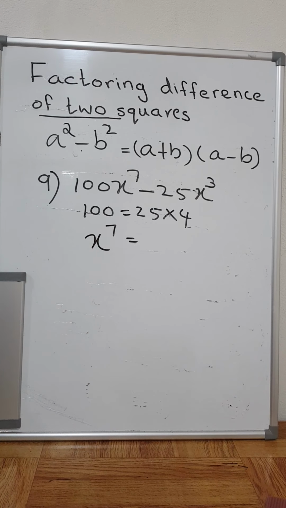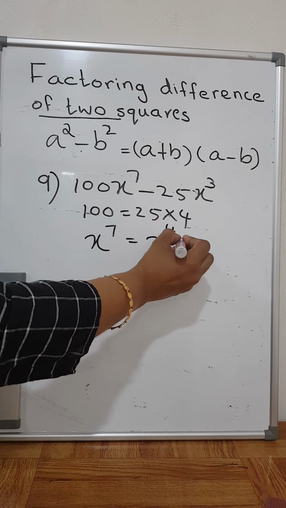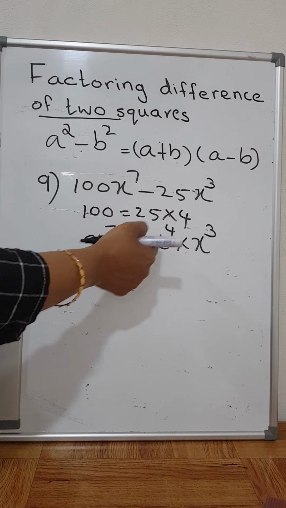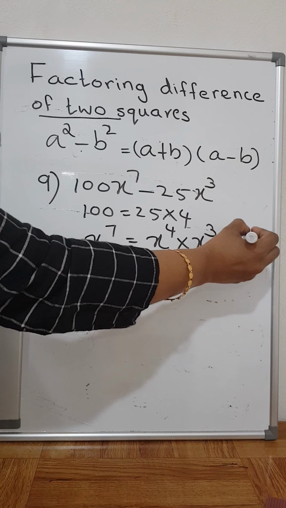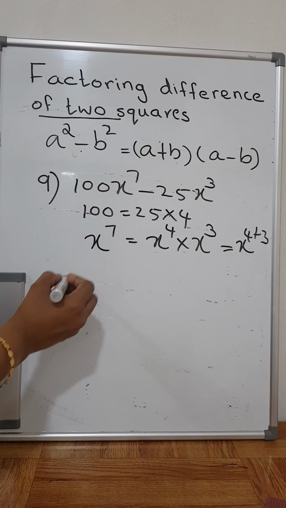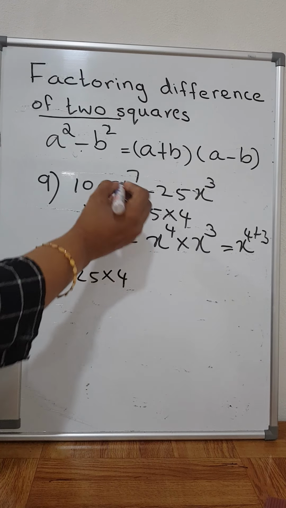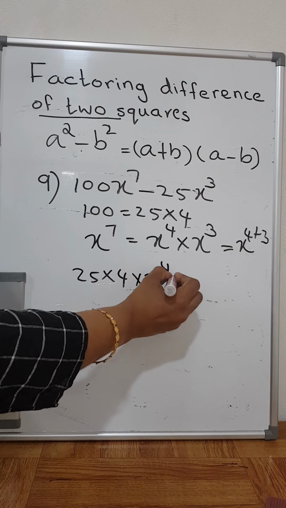According to the multiplication law in indices, x to the power 7 is x to the power 4 times x cube. Remember, x to the power 4 times x cube is x to the power 4 plus 3, that is x to the power 7. So let's rewrite it. 25 times 4 times x to the power 4 times x cube